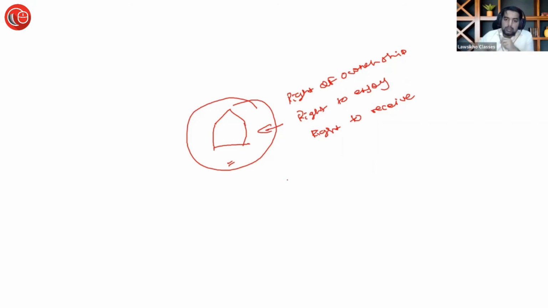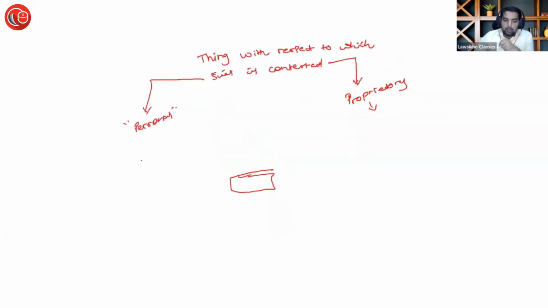And the rights wherein there is no involvement of property. No property is involved. Rather, they are existing because they are personal to you. Because of your personality or because of your personal nature, they are existing. So those rights are known as personal right. उनको आप बोलोगे personal right.